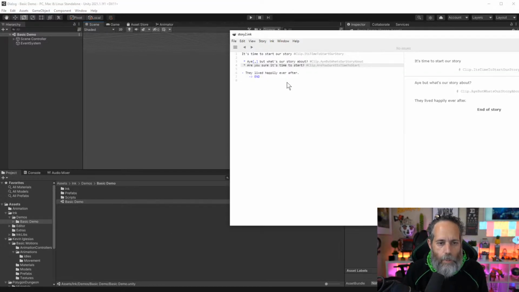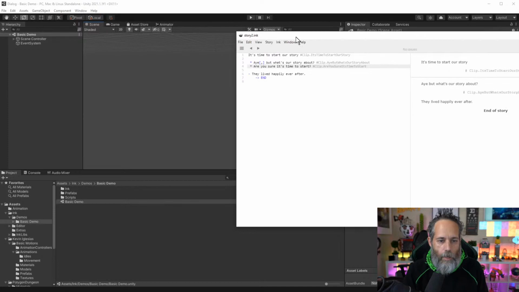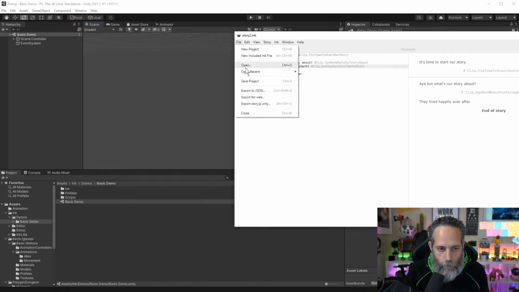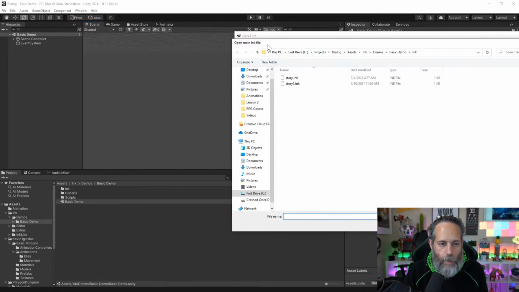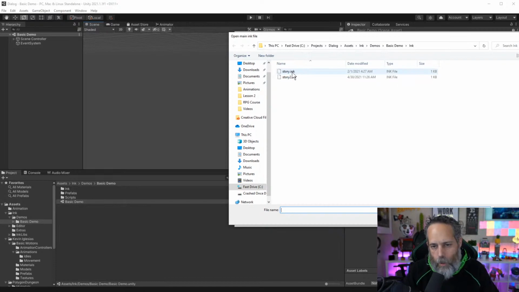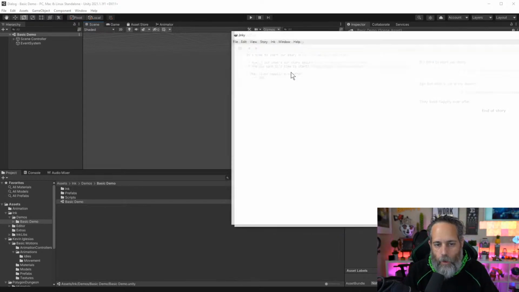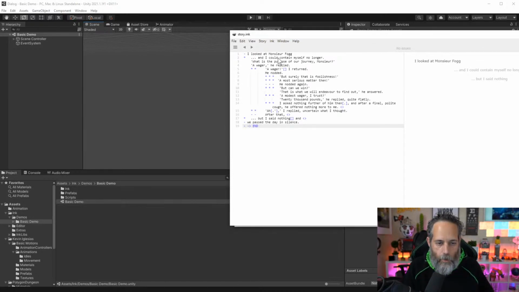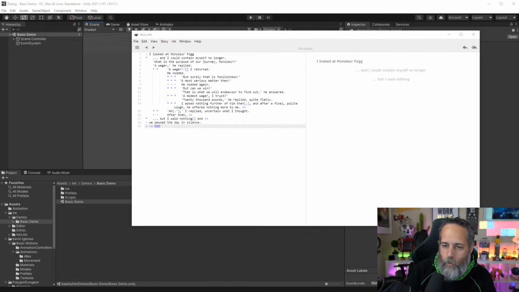So the first thing that we need is the Ink editor here. Let's open a file here in the Ink editor. And you can download this from, what is it, inkstudios.com? I'll pull it up in just a little while. But it comes with this story.ink file inside of our demo. And when you use the Ink editor, it'll basically look like this, but it also gives you, let me move this one out of the way real quick,